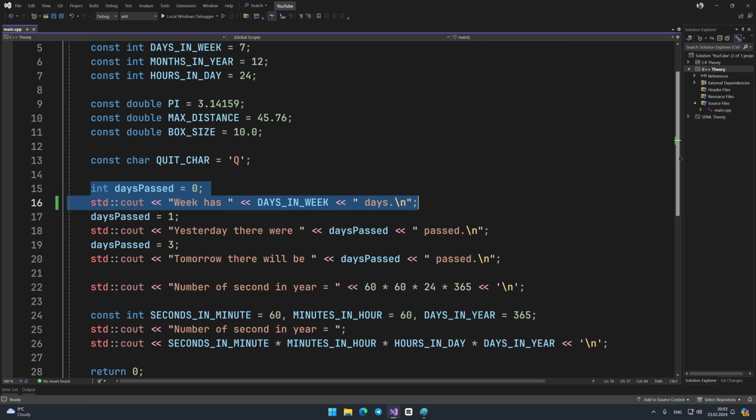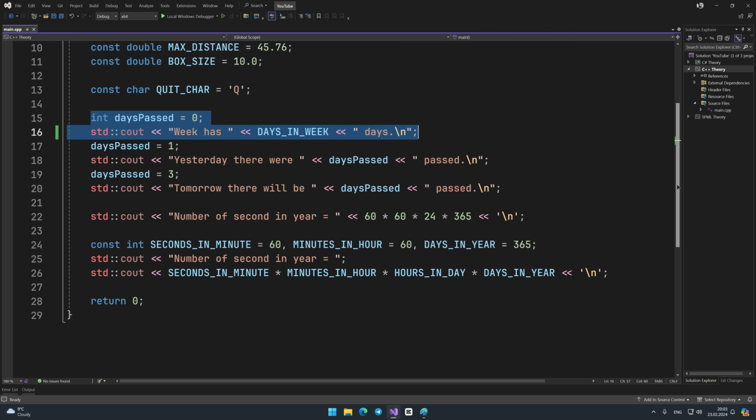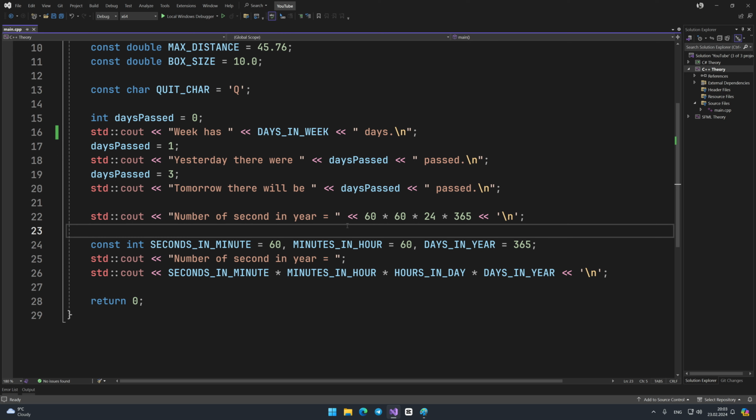Before we go further, I want to tell you one more concept, magic value. Magic value in programming is a value whose purpose the programmer may not understand. For example, imagine that I want to count the number of seconds in a year. To do this, I need to take 60, multiply by 60, then by 24, and then multiply by 365. What do all these numbers mean?